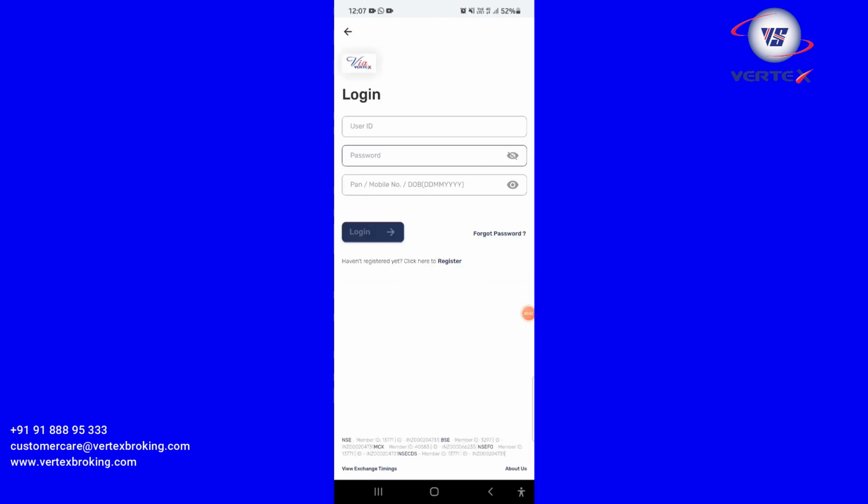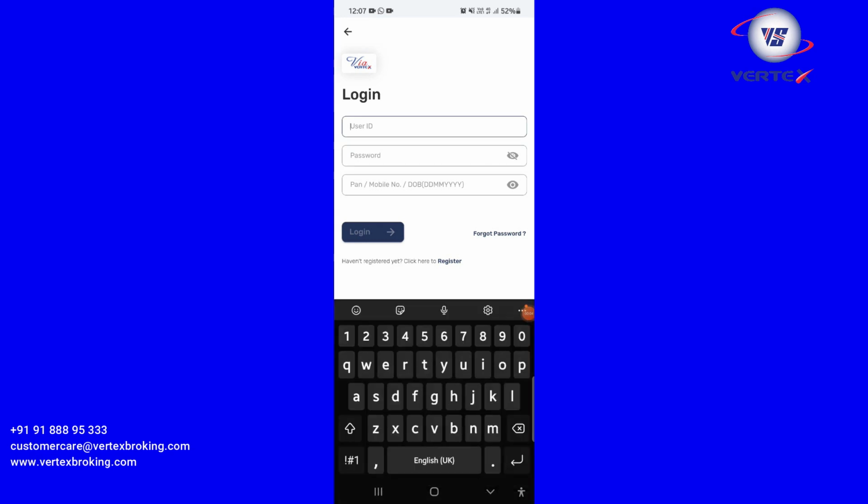Okay, now I am logging in to my account. Give my user ID here. Here the password. And you can give your mobile number or PAN number or date of birth here.